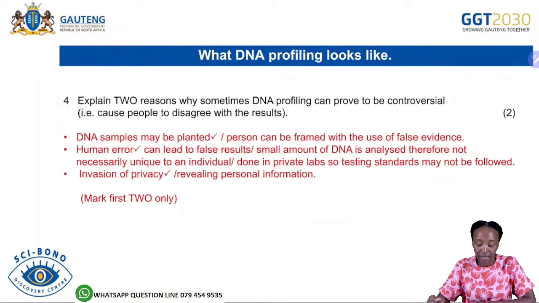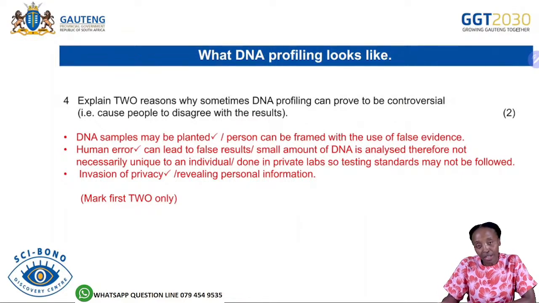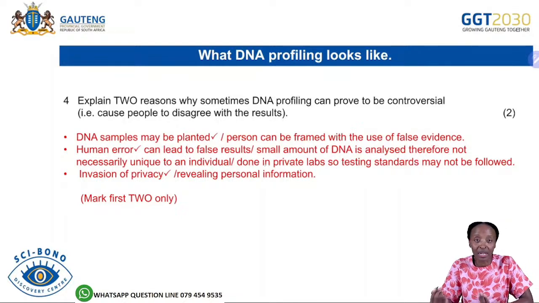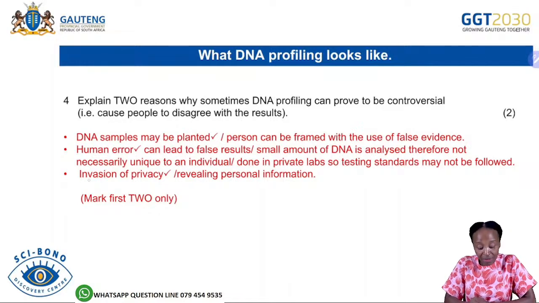But let's look at the answer. So what we have here: DNA samples may be planted, a person can be framed with the use of false evidence. 2, human error, which can lead to false results. A small amount of DNA is analyzed, therefore it may not necessarily be the DNA profile of that individual. And also it is done in private labs, so testing standards may not be followed because there are many labs out there where DNA profiling can be done. And invasion of privacy, that's another reason why it proves to be controversial,